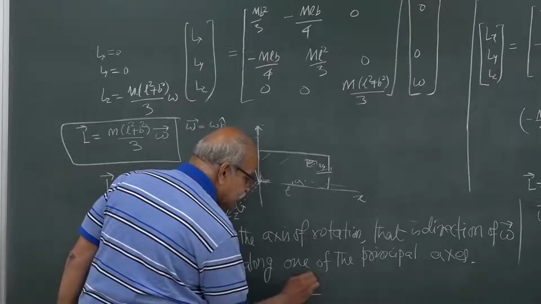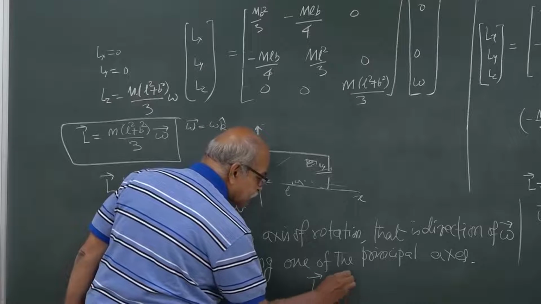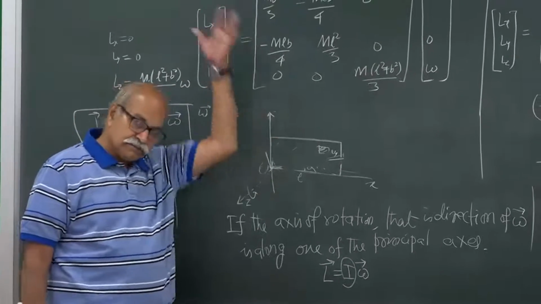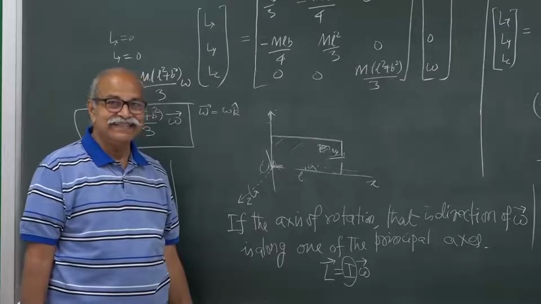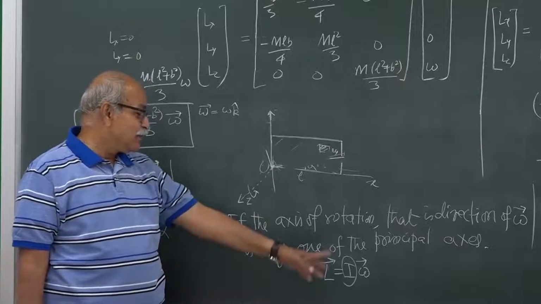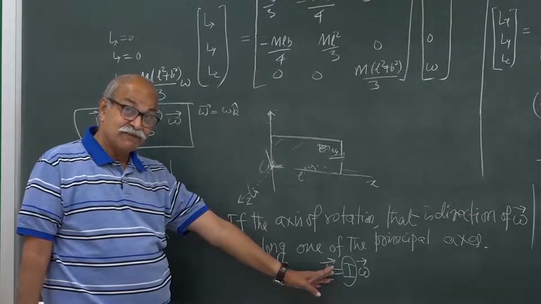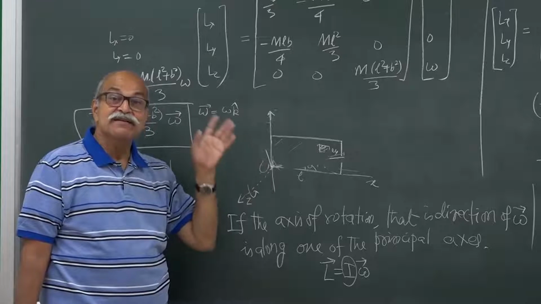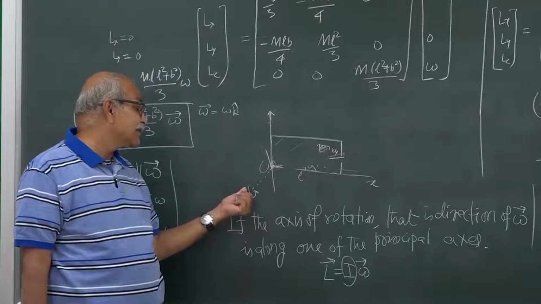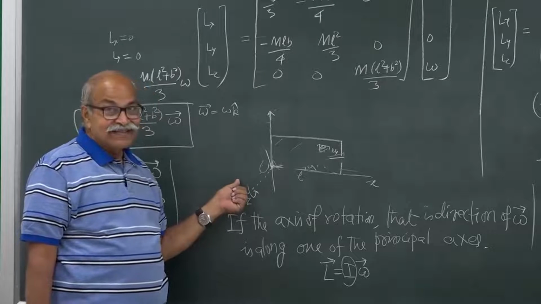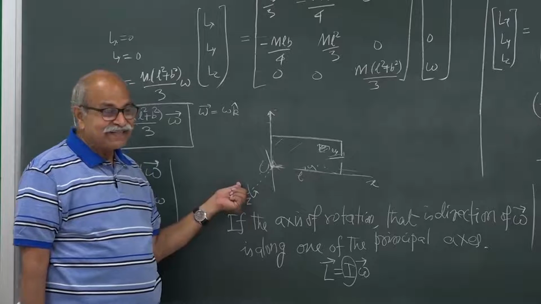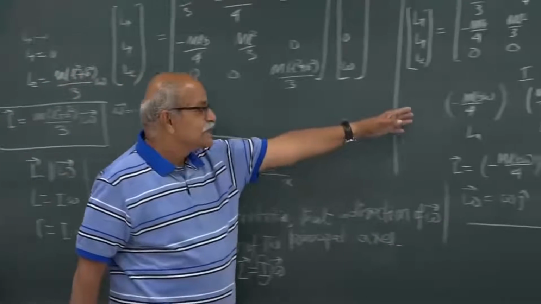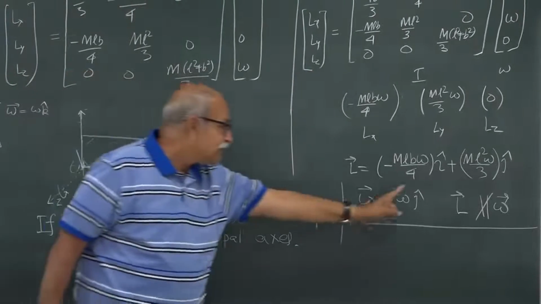Then you have L is equal to I omega, where I has the usual meaning, moment of inertia about that omega direction, about that instantaneous axis of rotation. So, this will work provided this omega is along one of the three principal directions. Here it so happened that the z axis was one of the three principal directions, and therefore this all worked, and here it was not, and therefore you had all those complicated things.